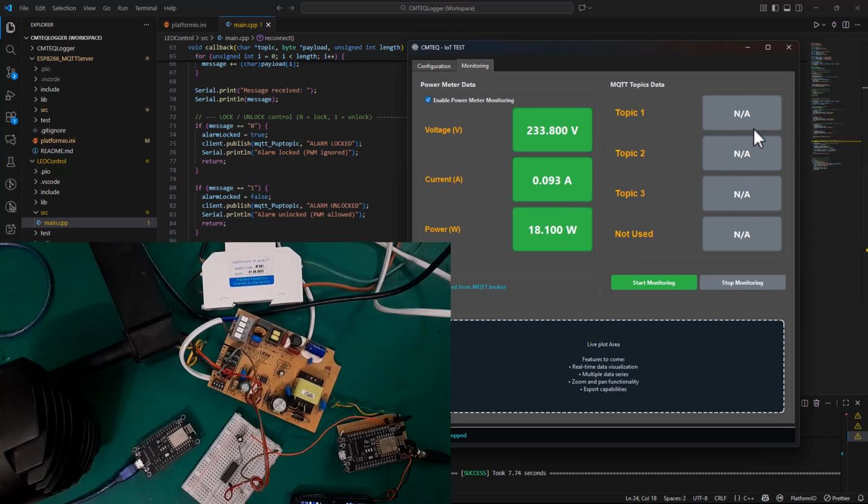And over here on this side, we're going to display our MQTT commands and status as we are busy